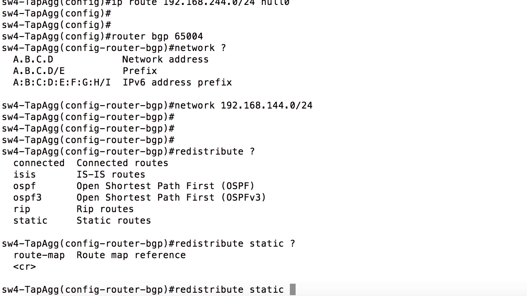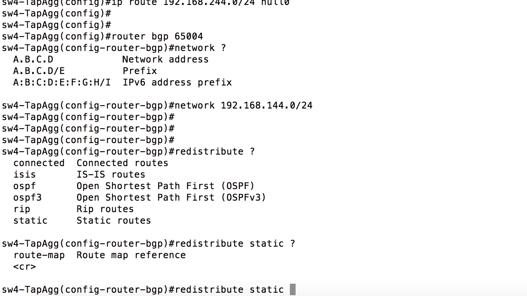I've mentioned best practice or recommended practice a few times before, so I should mention here that a common best practice is to associate a route map with the redistribution so that we can ensure that we control what gets announced. Otherwise, a wide open redistribute static or redistribute connected command could lead to us announcing something that we really shouldn't be. So the two-step process of announcing the route and updating a routing filter tied to a route map might